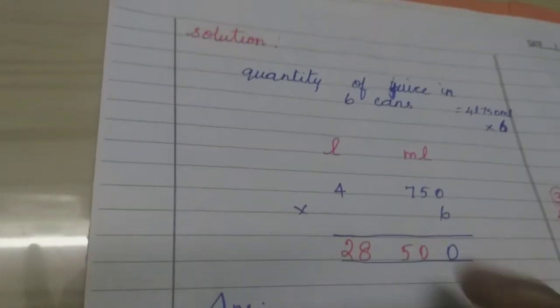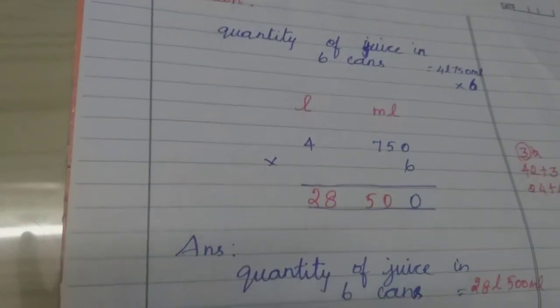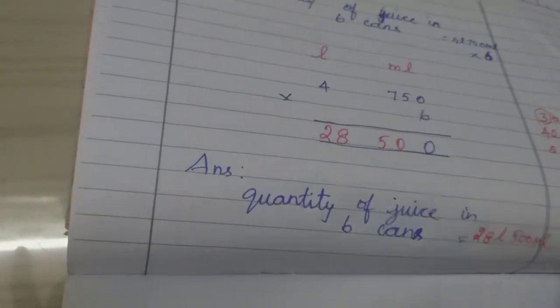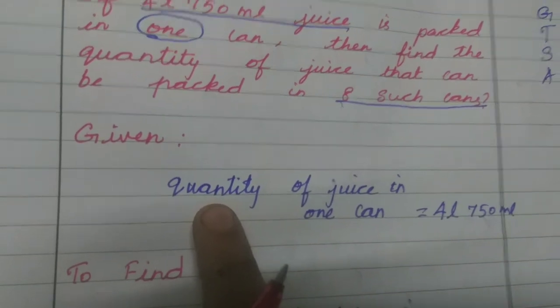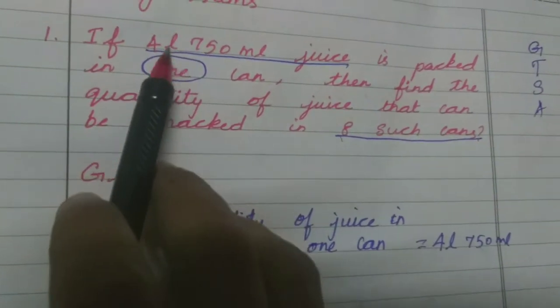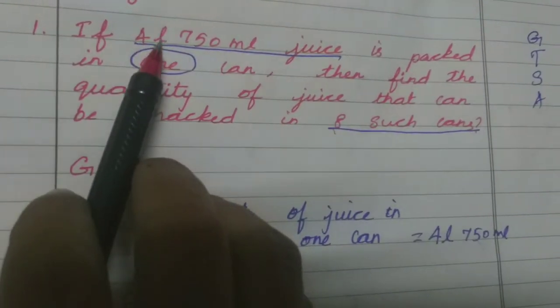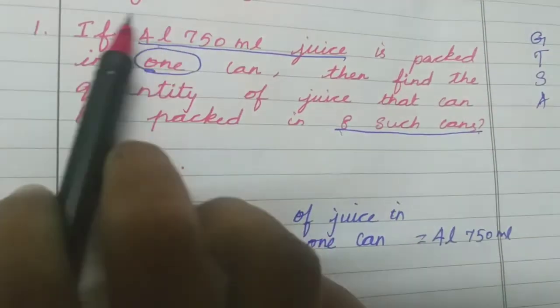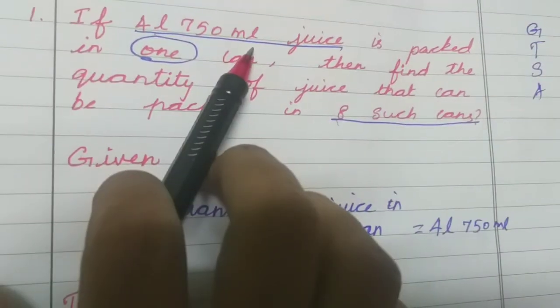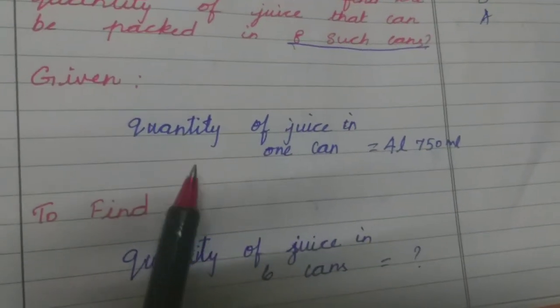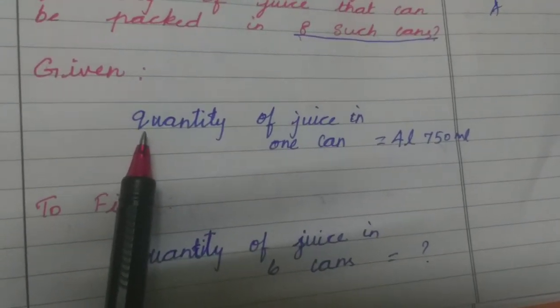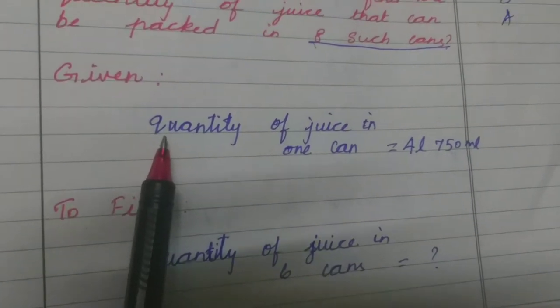Okay students, this is the last heading, answer part. And just one thing you should remember, the starting word of the statement, quantity. Why did you write the quantity? Because it is capacity, it is quantity, liter and milliliter are given, isn't it? So you should write the quantity, or capacity also you may write. Okay students?